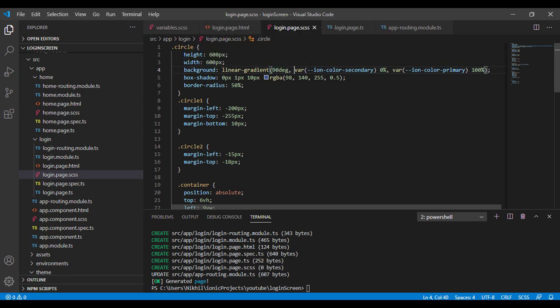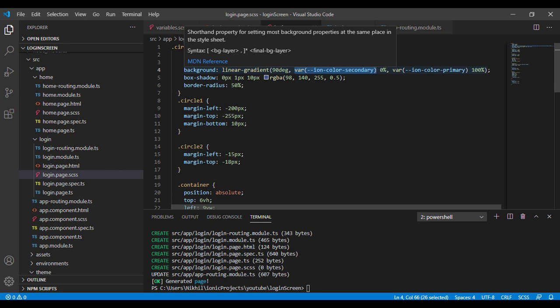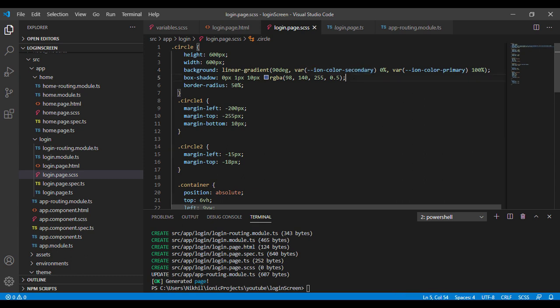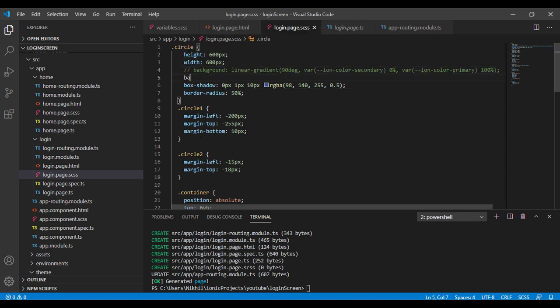Okay, I think I have already shown you how to do this stuff, right? Whatever the color was given earlier, you just have to change this stuff to a variable this way, and we can use our primary color, secondary color, any other color which we have defined in our variable.scss simply in this manner. Okay, so what I'll do is I'll just comment it out,